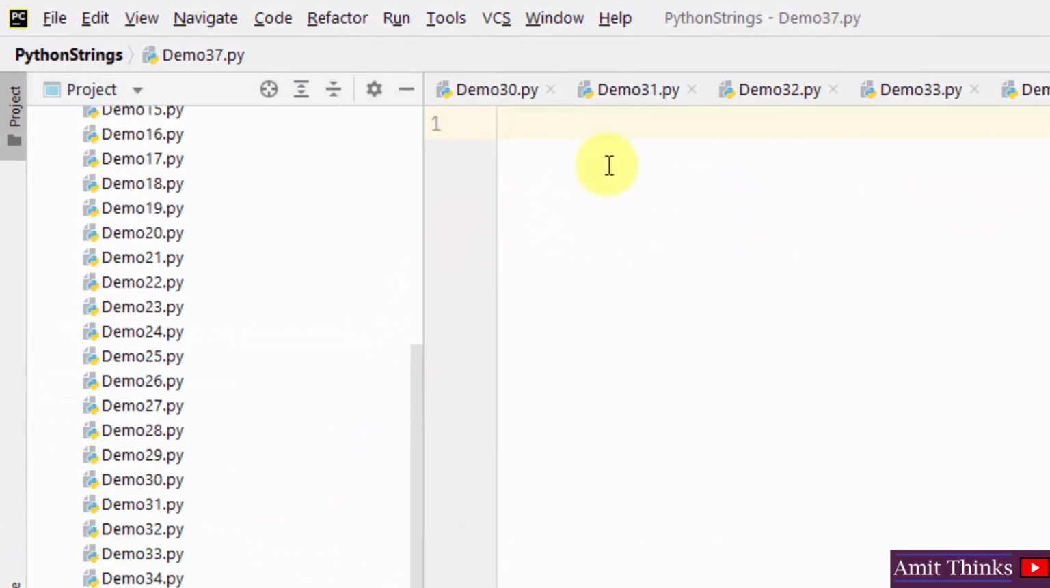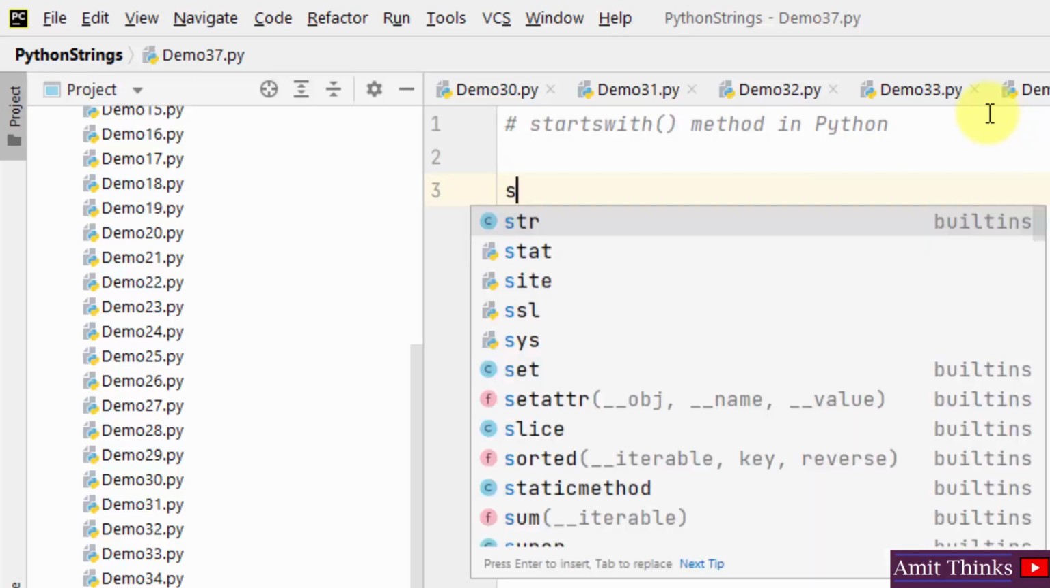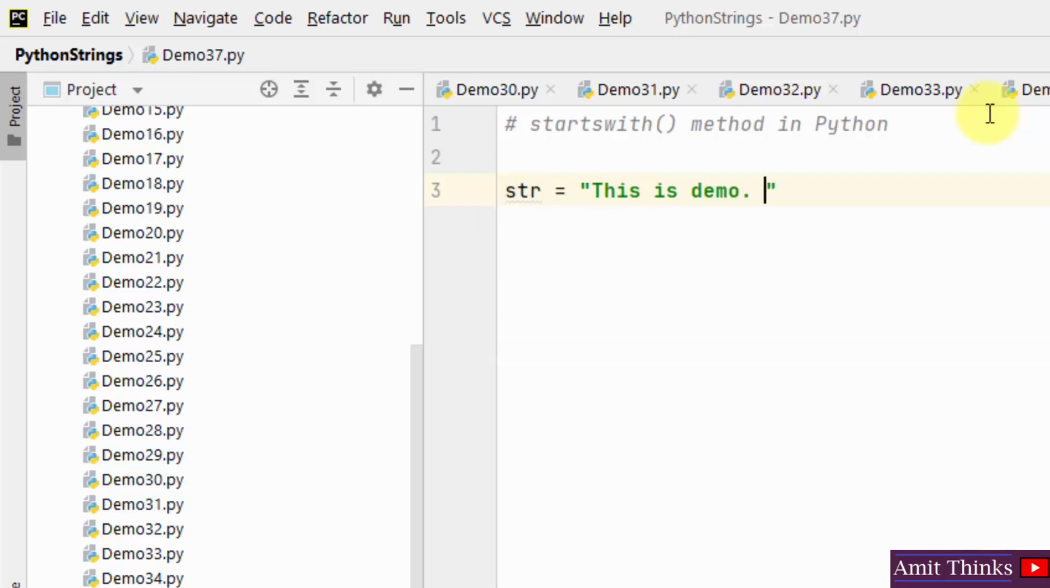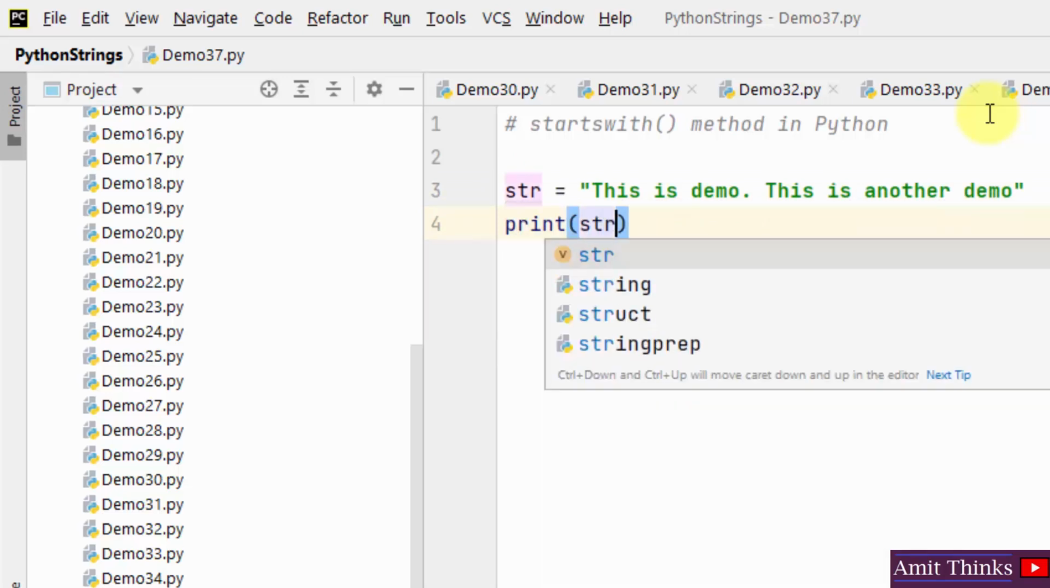We will now focus on the startswith method. The startswith method returns true if a string begins with a particular value, else false is returned. So let us understand this with an example. So this is our string. Let us search